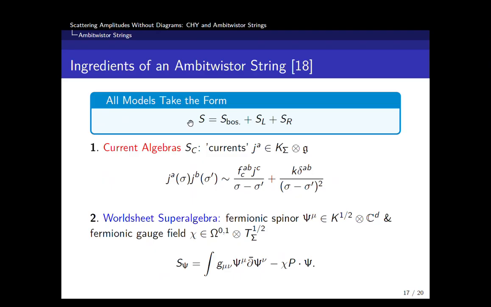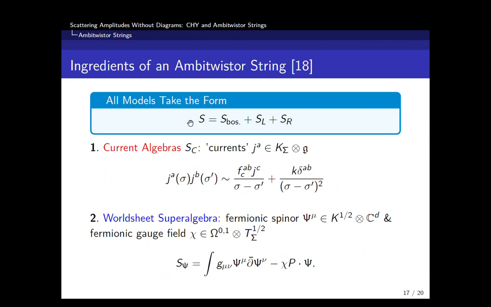Now, this world sheet super algebra here introduces our fermionic degrees of freedom, a fermionic gauge field, and what this is going to do is be the parent action of our Pfaffian, all right? And again, we have our fermionic supercharge here. It's a nice, first order action. Okay, so this is going to encode our polarization, or our Pfaffian from before.